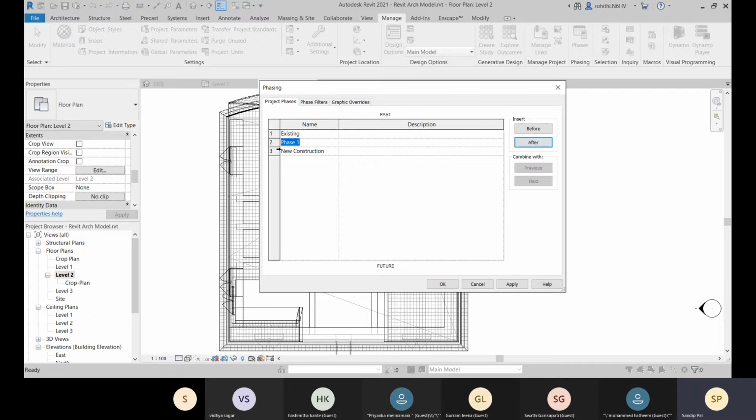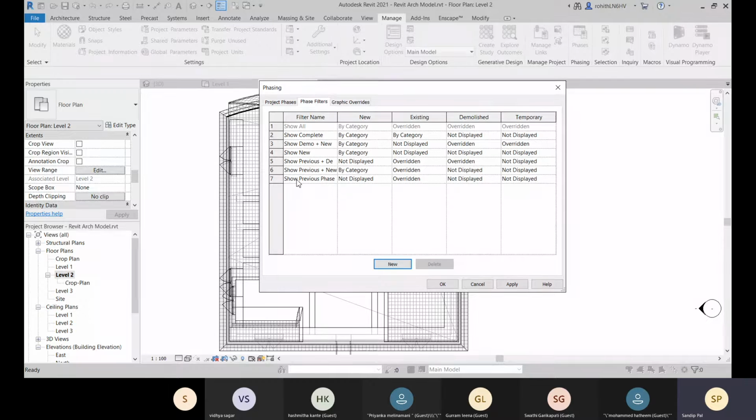You can choose one equation. And if you want to type any description over there, you can go for this description.